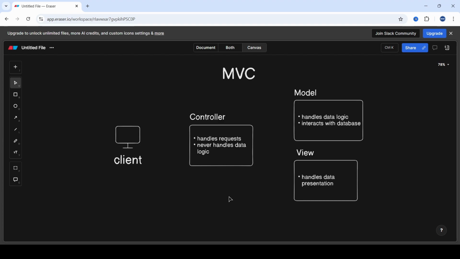Controller. The controller acts as an intermediary between the model and the view. It handles user input and interactions, processes requests, and updates the model or view accordingly. For example, in the book management application, the controller would handle actions such as receiving a request to add a new book, validating the input, calling the model to save the new book, and then directing the view to refresh